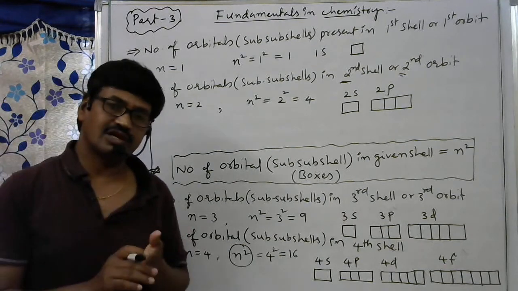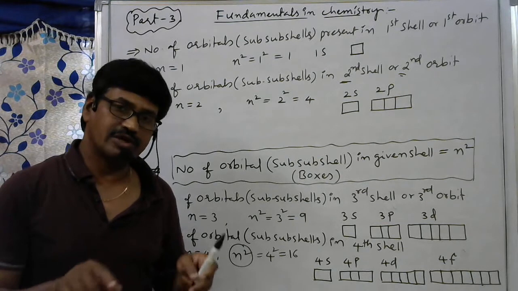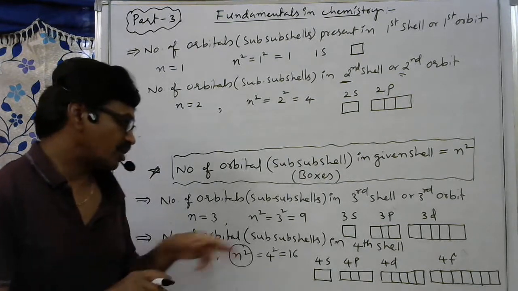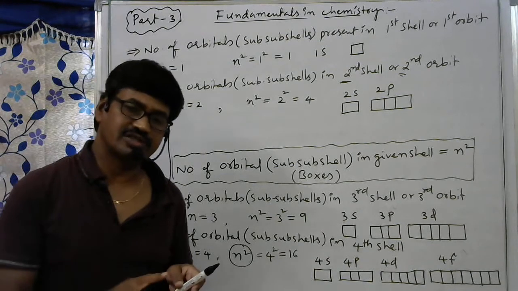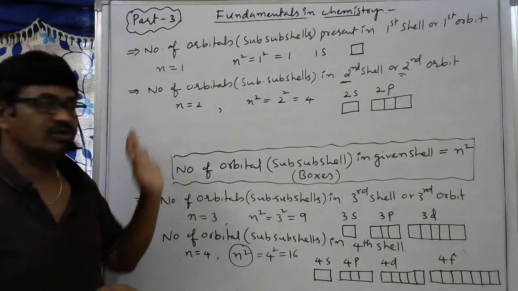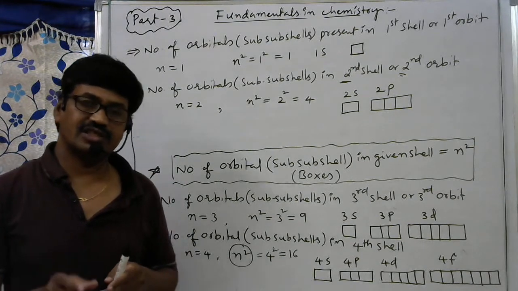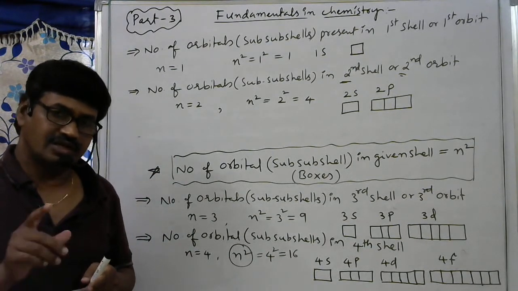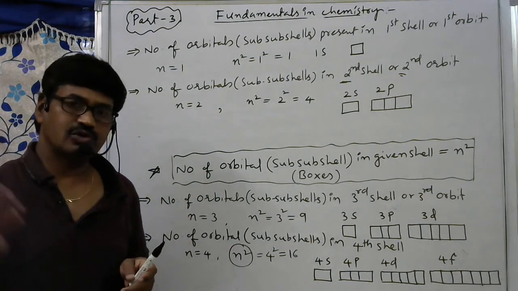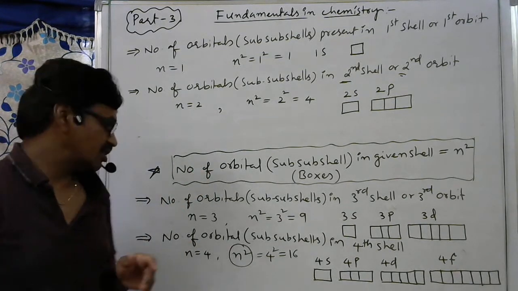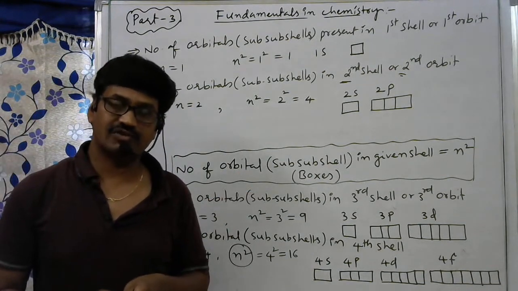What is s orbital, what is p orbital, what is d orbital, what is f orbital. In s orbital, how many boxes are present? In p orbital, how many boxes are present? In d orbital, how many? In f orbital, how many? All these as per the rules only. Further on, in first year you have the atomic structure chapter. In that chapter again these will be discussed, but before that, for understanding some more concepts in other lessons, we should know at least these. After completion of this we'll go for electron configuration also.